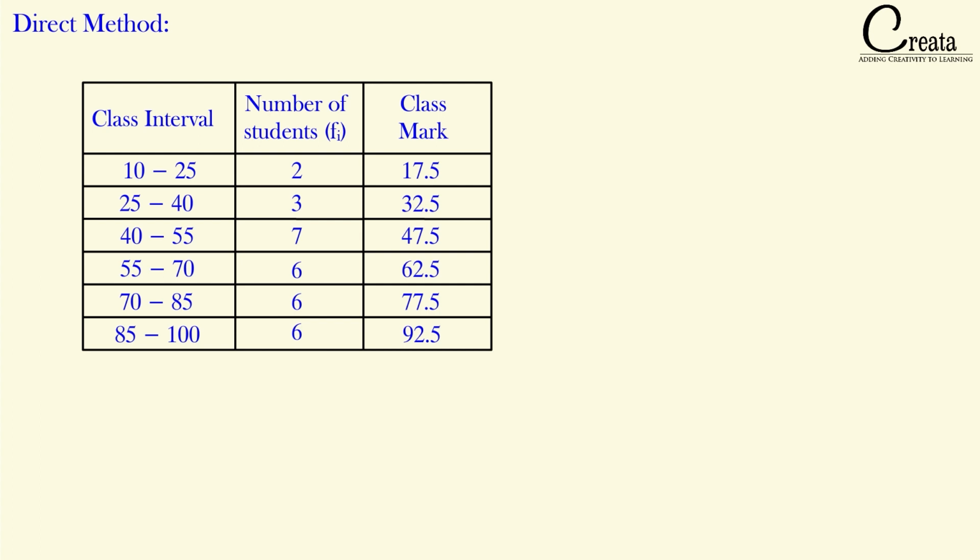These numbers, the midpoints of the class intervals, are representing that class. Again, I will go to my initial question: what is the class marks of this class interval? At that time, we were saying the answer in range form. For example, for the class interval 10 to 25, our class marks were in the range of 10 to 25. But now we can say the mark 17.5, the midpoint of that class interval, is representing the class